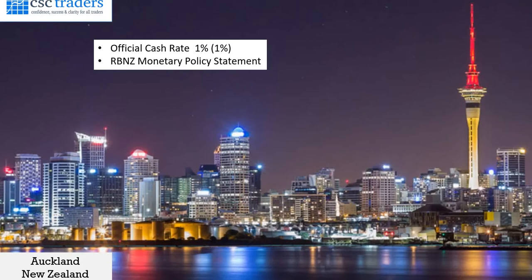Okay, let's have a look at what's happened yesterday. All the action was fairly local from New Zealand, where we saw the RBNZ hand out its official cash rate. Now, the interest rate remained unchanged at 1%, but it was the hawkish nature of the monetary statement that followed that investors noted and jumped on board, as the Kiwi dollar soared around 70 odd pips at the release and also for the session. Kiwi dollar is now currently trading at 64.65. That was pretty much all in terms of data that came out yesterday.